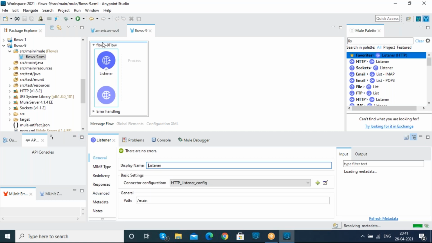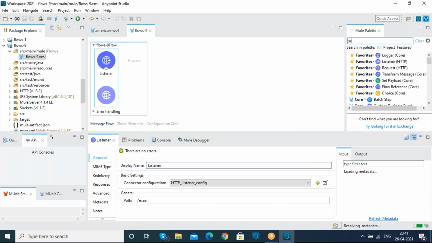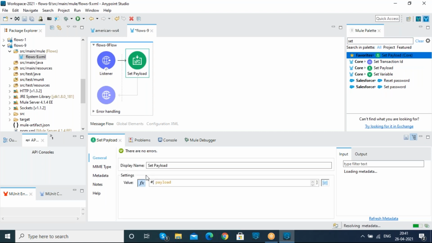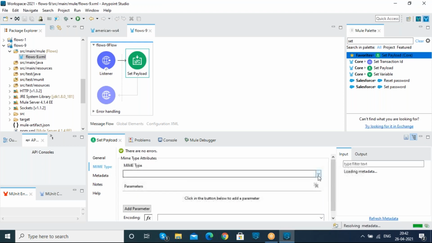So we are using the HTTP listener connector under the source message, where we can request our API. And now I want to use the message processor. As I said, in a flow, if we are using both the source message and message processor, then we are calling it a main flow. Under the MIME type, I'm moving with the application JSON format over here.